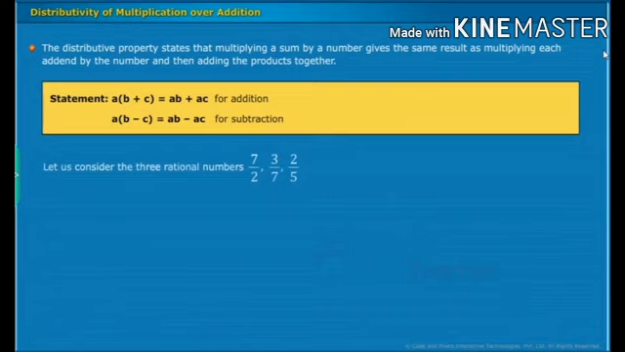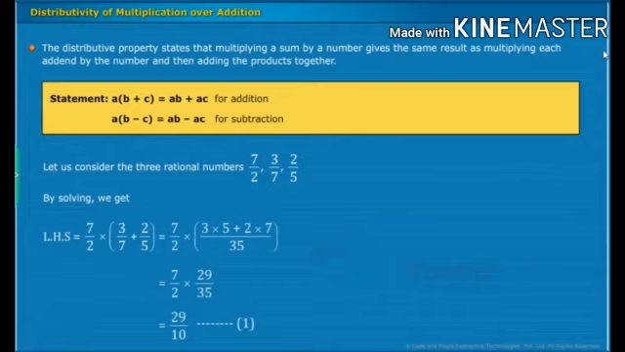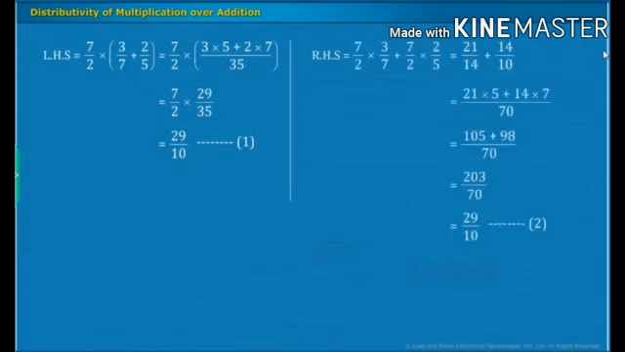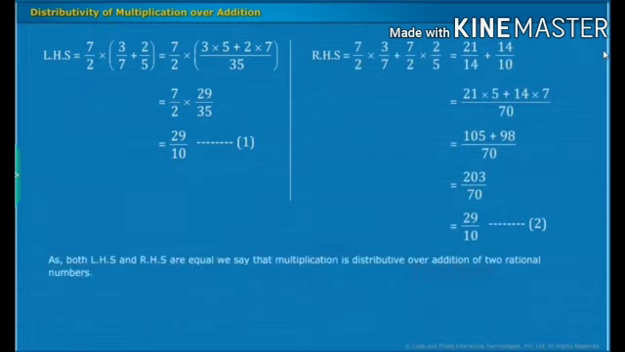Let's consider three rational numbers 7/2, 3/7, 2/5. By solving, take LHS: 7/2 × (3/7 + 2/5). You solve the bracket, take LCM, and you will get the answer 29/10. And solve the RHS, the answer is also equal to 29/10. So a × (b + c) = a × b + a × c. LHS and RHS are equal. The multiplication is